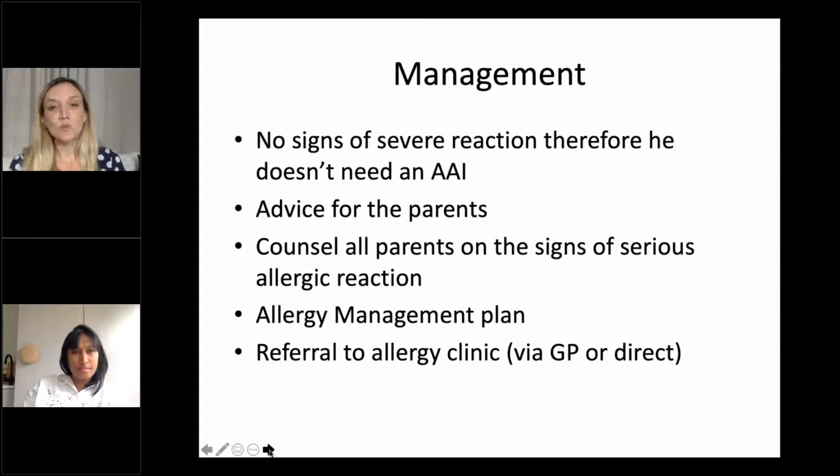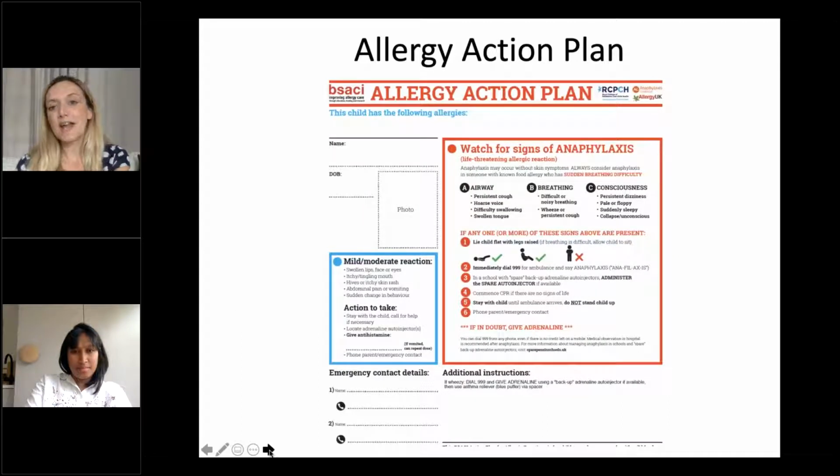But you still need to counsel all parents on the signs of serious allergic reaction, and make sure they know to call 999 and state anaphylaxis if they do think it's a serious allergic reaction. It's also a good idea to give them some written information, because we know that people don't remember what they're told when they see us, and they'll need a referral to allergy clinic, either via the GP or direct. So these are the allergy action plans, which all children should be discharged home with, and they're readily downloadable from,